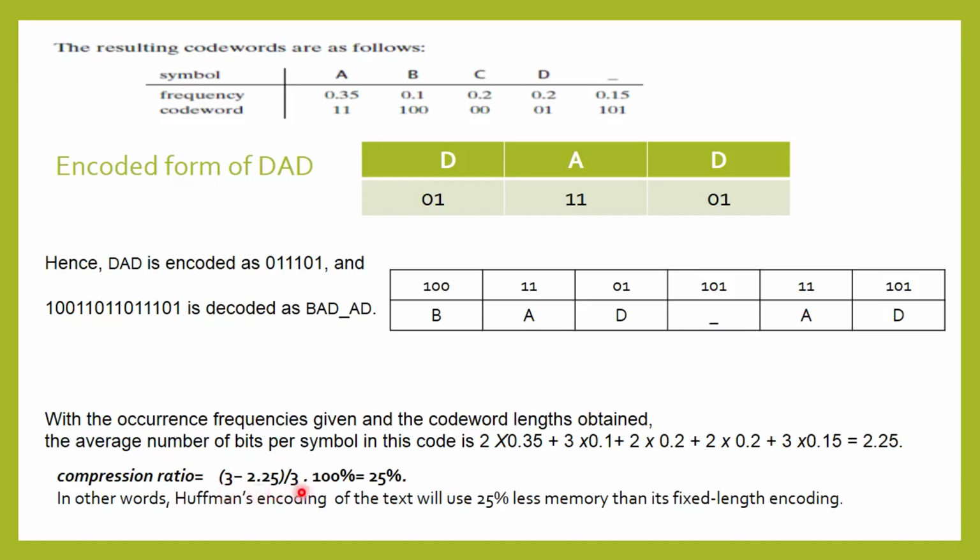So if you compare with that, 3 minus 2.25 divided by 3 into 100%, which is equal to 25%. So Huffman's encoding of the text will use 25% less memory than